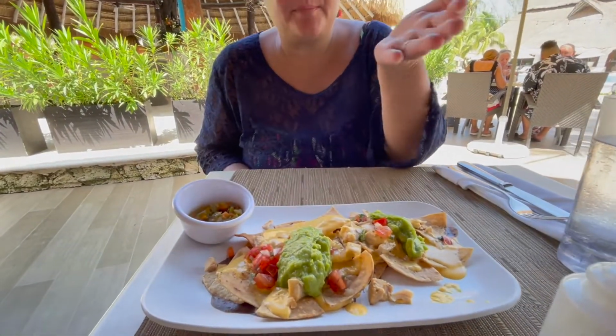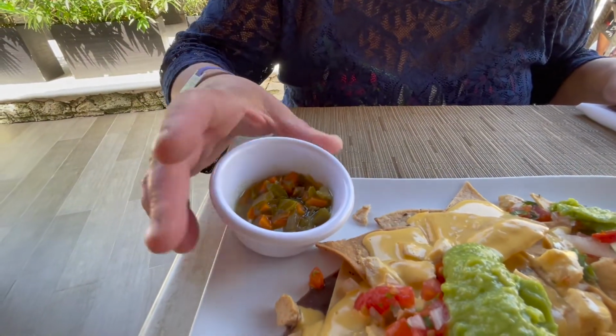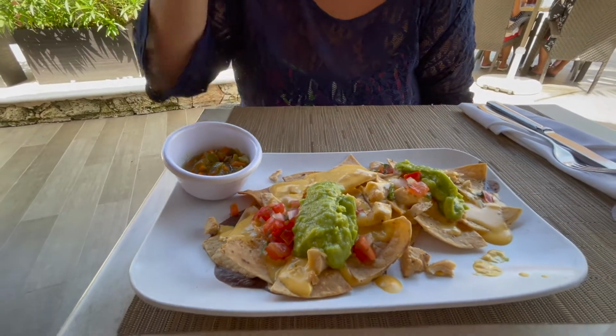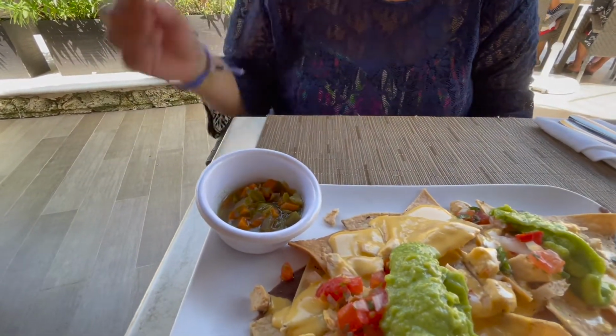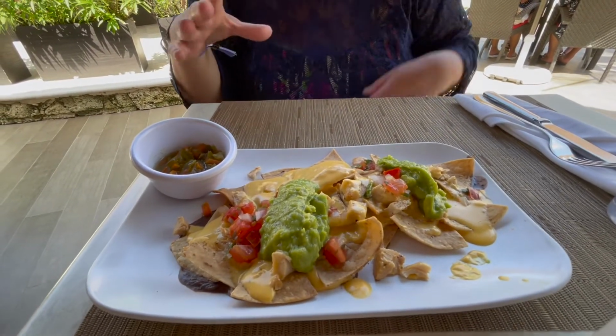So we're at Sorrento's, which is basically a limited menu snack bar. We got the nachos right now. I think this is kind of like a pico or something, or jalapeno. It's probably like a hot sauce. I think I did see something about chilies, and it does look like there's chilies in there. There's jalapenos, and then we also have a flank steak burrito coming,